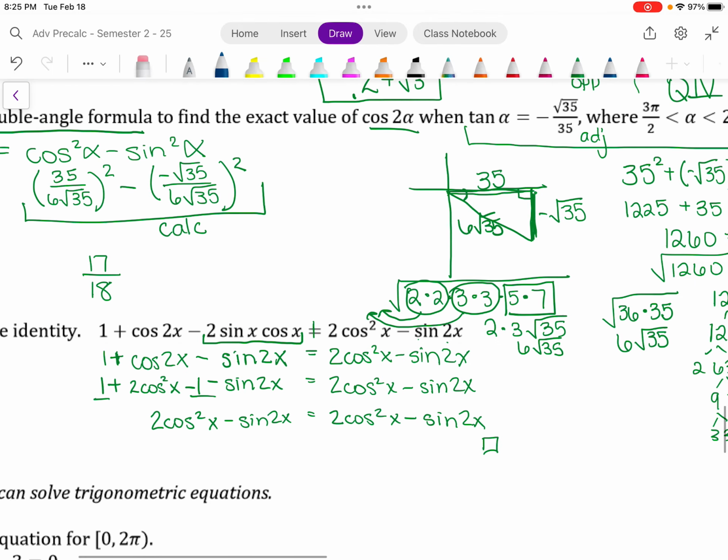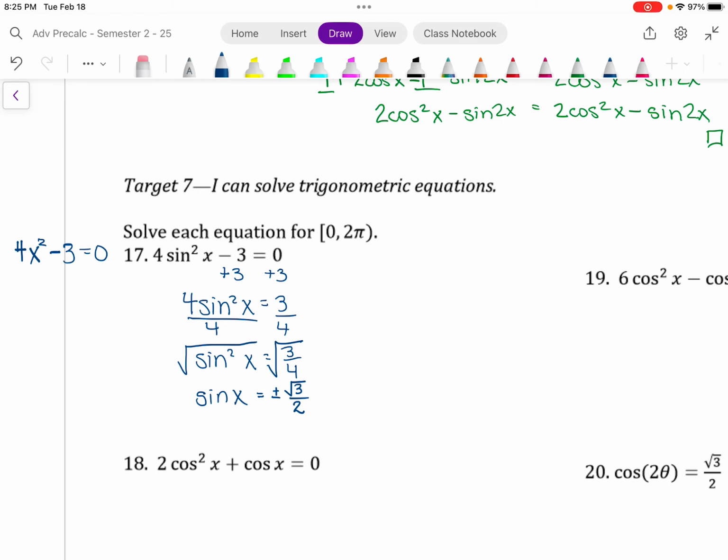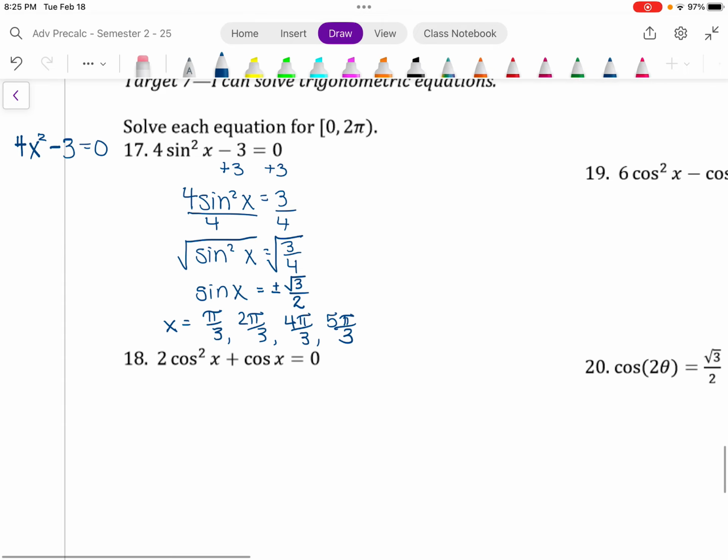So sine x equals this. That means that x equals pi over 3, 2 pi over 3, 4 pi over 3, and 5 pi over 3. Okay, yay, 1 problem done. Next,